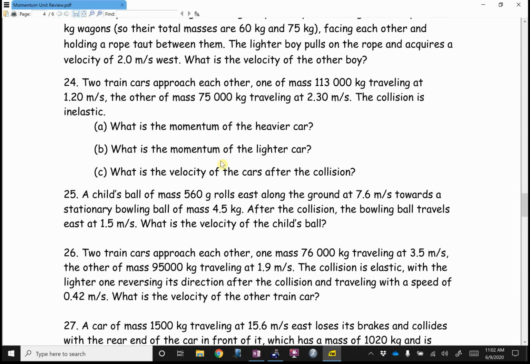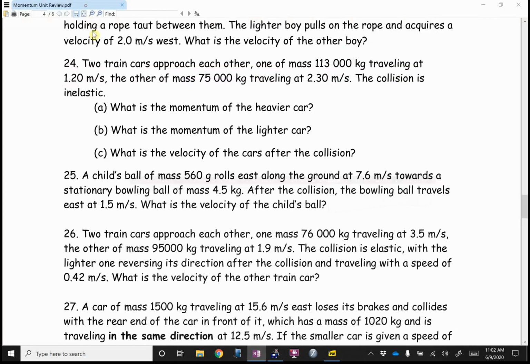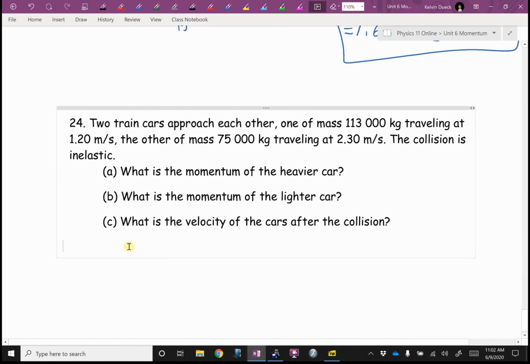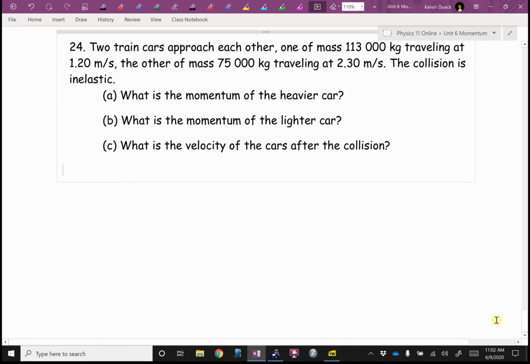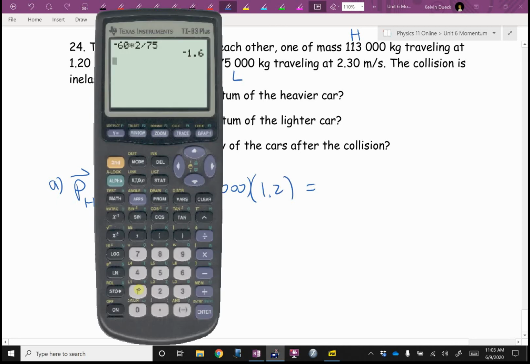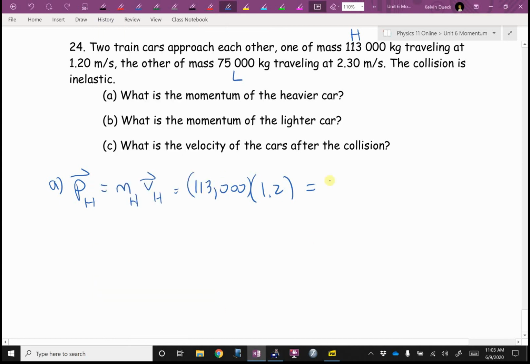Number 24, ooh, train crash. Alrighty. What is the momentum of the heavier car? Well, the momentum of the heavier car, let's see. I'll call this H for heavy, and I'll call this one L for light, since that's the terminology they're using. The momentum of the heavier car is going to be the mass of the heavier car times the velocity of the heavier car. It's going to be 113,000 times 1.2. And I get 135,600